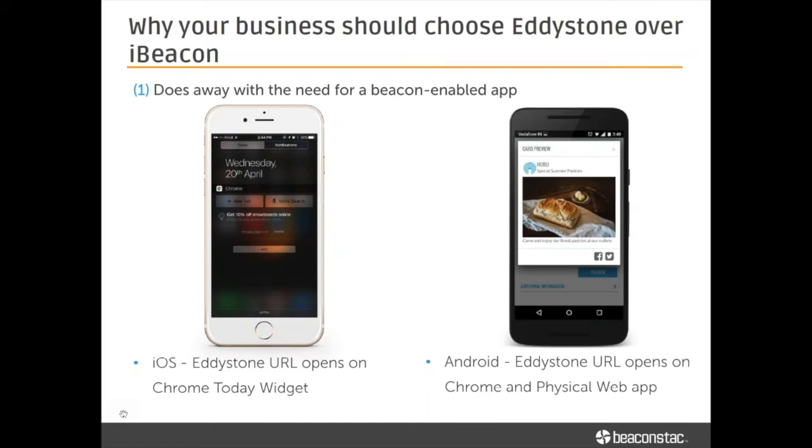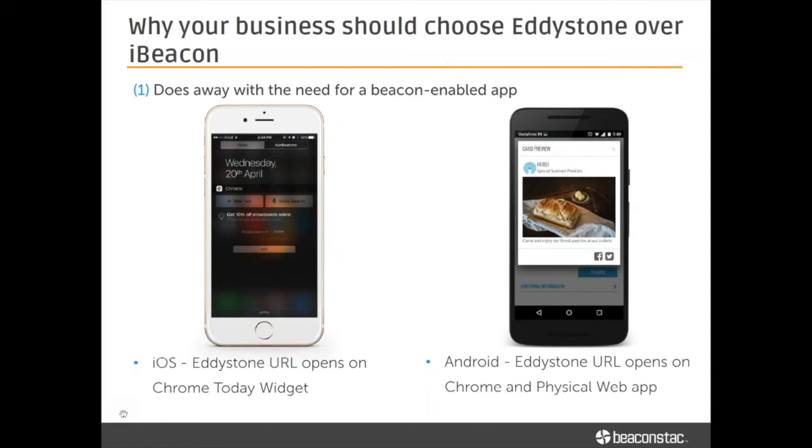I'm sure that most of you who have joined us here would agree that one of the primary barriers that you face when you're looking to kickstart a proximity marketing campaign is the need to have a beacon-enabled app in place. And given the edge that proximity marketing can give you over your competitors, it's a pity that you might lose out on it just because of an app. And this is exactly something that Google has been planning to eliminate with its Eddystone